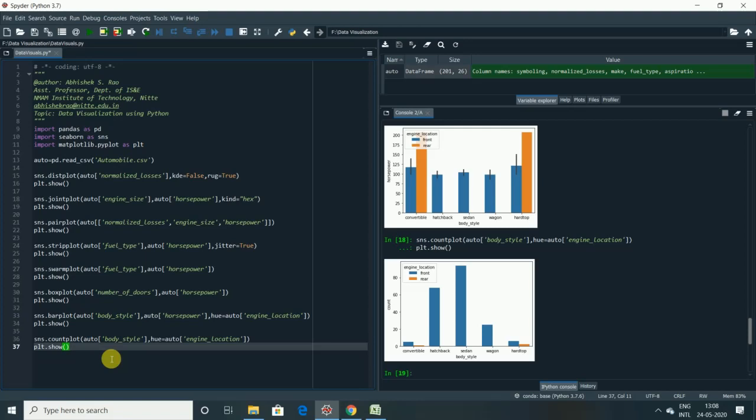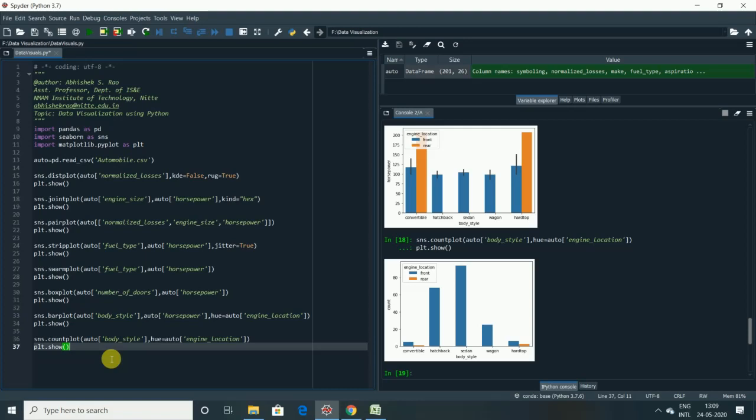One additional feature is that it connects the values together so that you have a line trend shown for you. If you create a point plot by adding a hue as well, it connects the hues separately, and hence you will be able to see multiple lines that connect the similar hues together. So that is the specialty of a point plot.